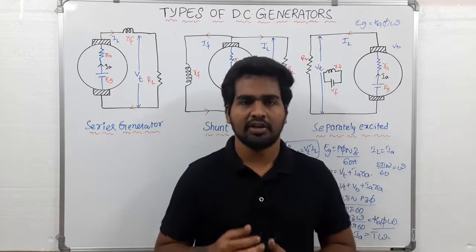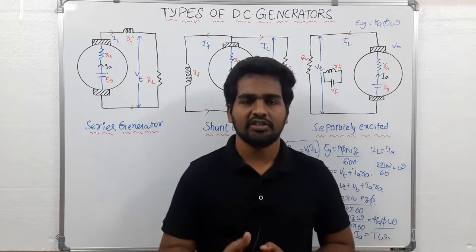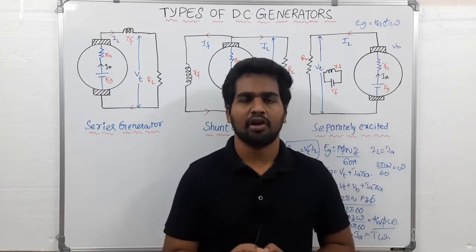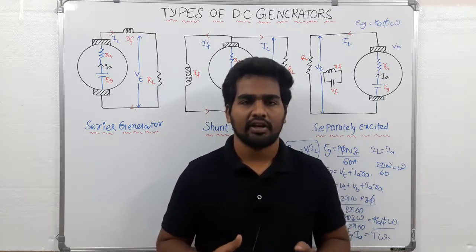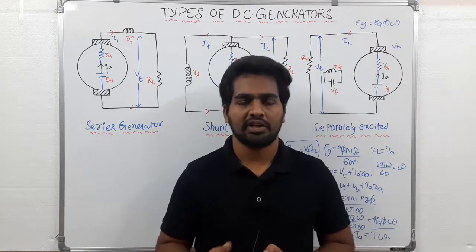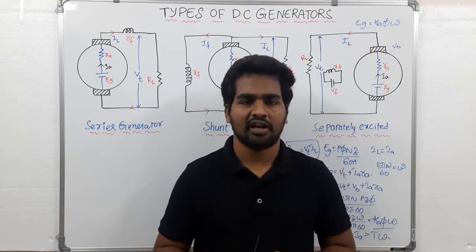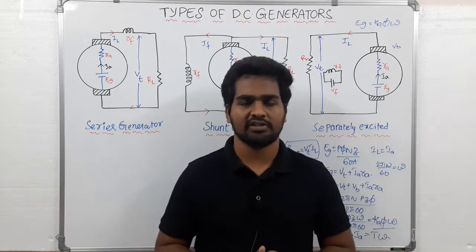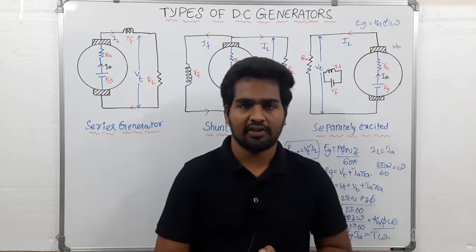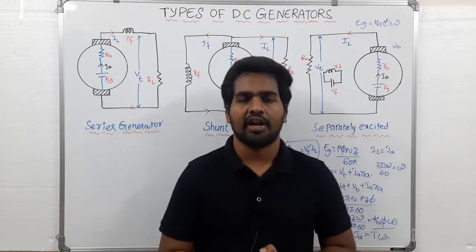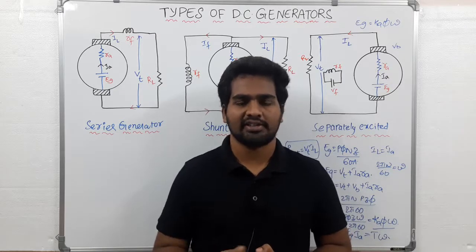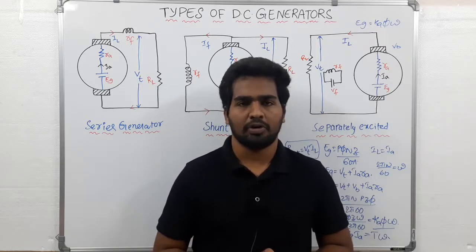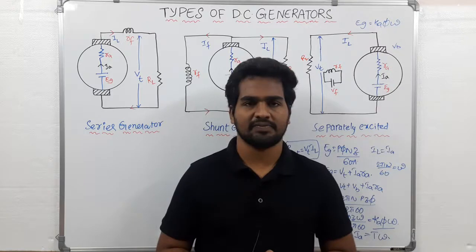Very important term, residual magnetism. This is due to retentivity property of magnetic poles. There is a small amount of flux inside the machine due to retentivity property. This property is called residual magnetism, and the flux is called residual flux. When conductor cuts the residual flux, an EMF is induced, and when a machine reaches its steady state condition, the armature supplies enough field current to produce rated value of the flux.